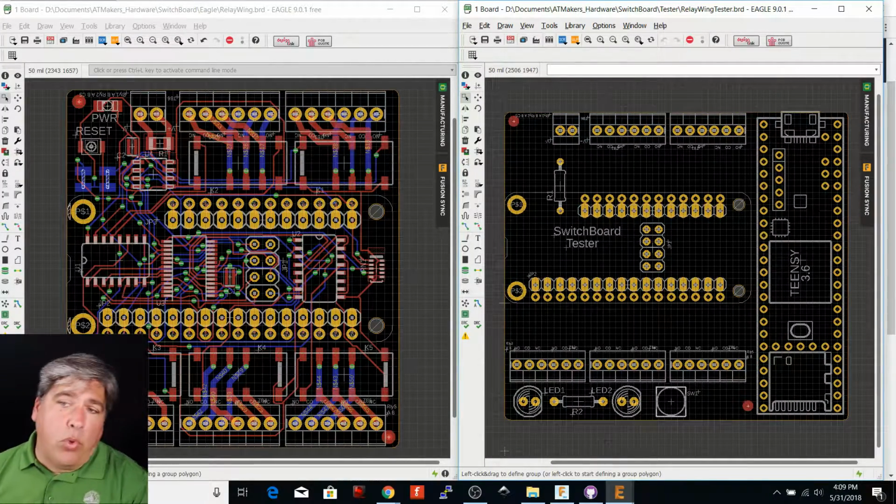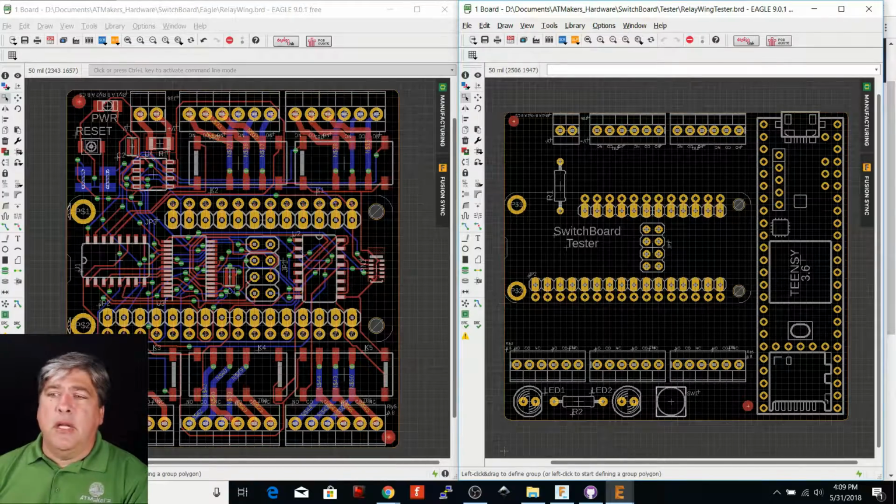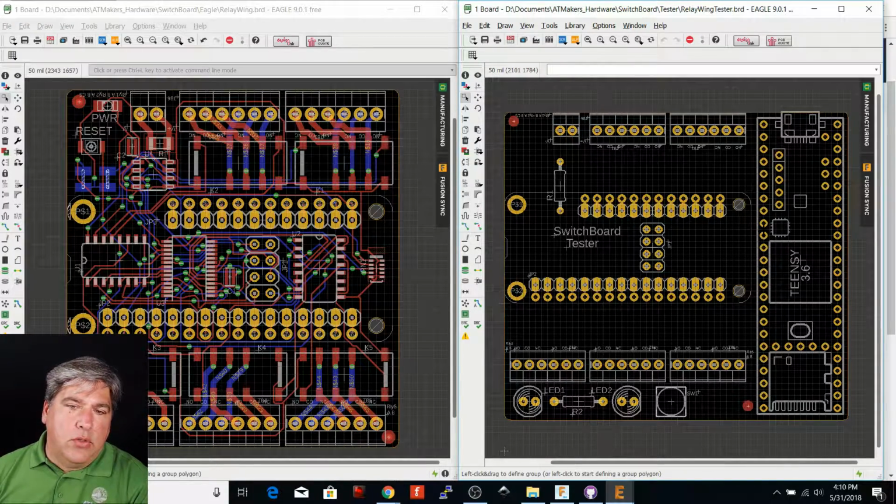A Teensy is a separate board. They're about $20. And basically, it's another microcontroller. The reason I went with a Teensy is it's got literally 40 different I/O pins. So it's got 40 different pins that you can use to read and